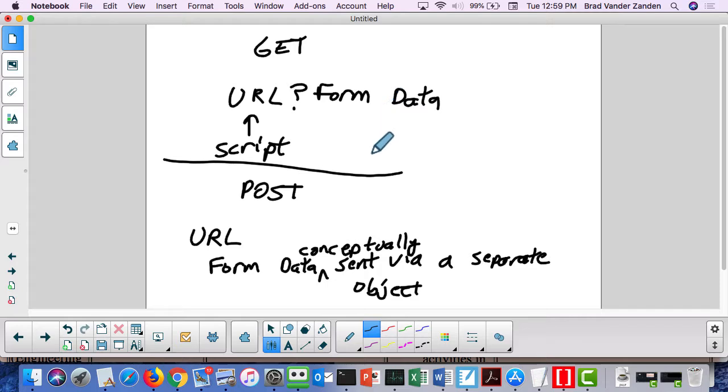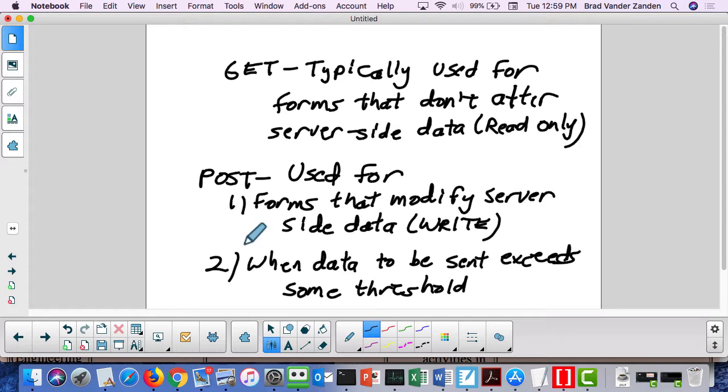So I had to change over to POST, because that stopped that from happening. Hackers weren't able anymore to easily transmit a program just by giving a URL and form data. So GET is basically for read-only transactions, and POST is used when there's some kind of write going on